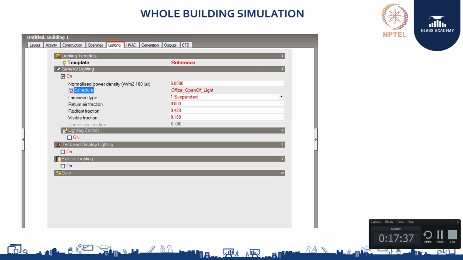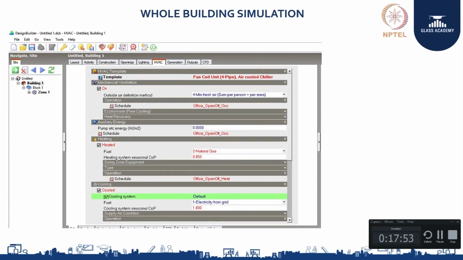So, how many watts of energy are consumed to give an output of so many lux? That will be your lighting power density that you need to enter here, because that will add into your energy consumption. Next comes your HVAC. This is an important part where you will be entering the efficiency of your AC, like your COP, or whether it's going to be a VRV technology or VAV technology kind of HVAC. All those details you can enter here, and that will be considered in your energy calculation.